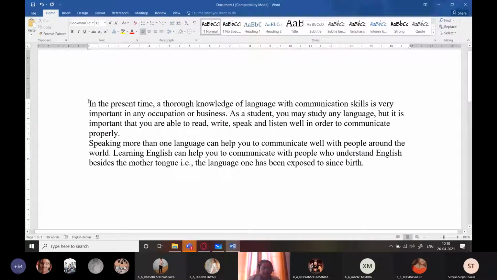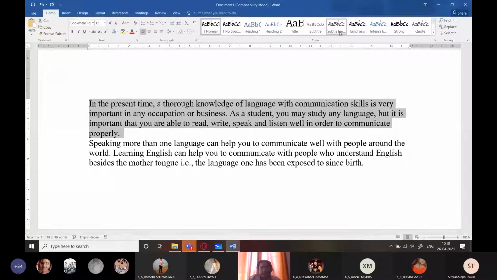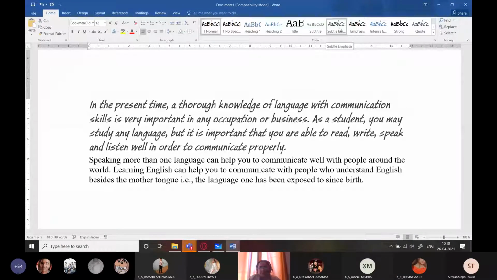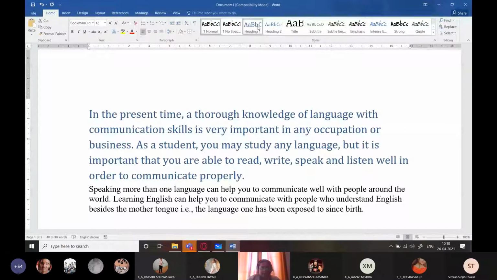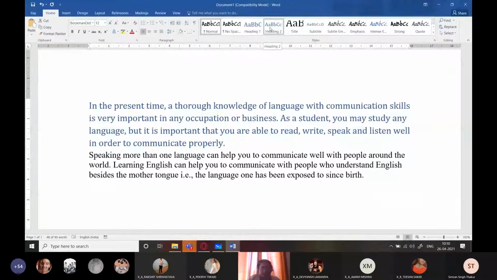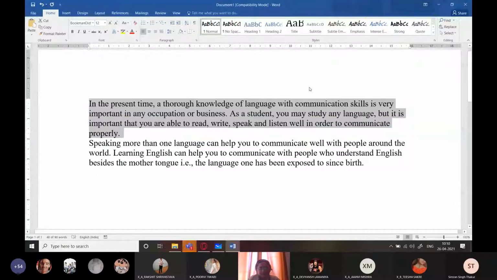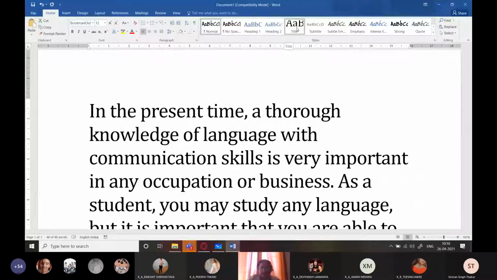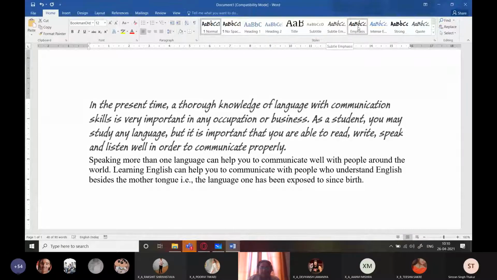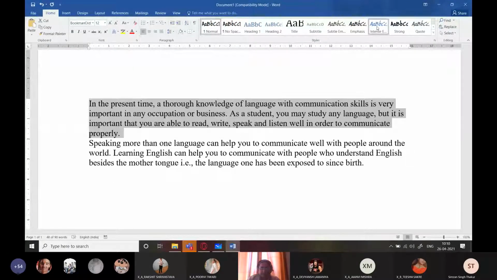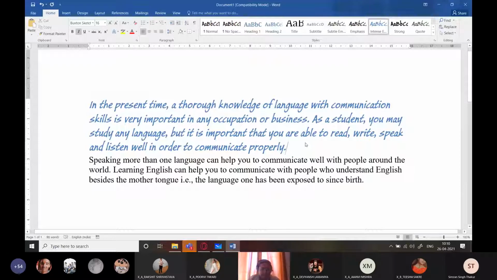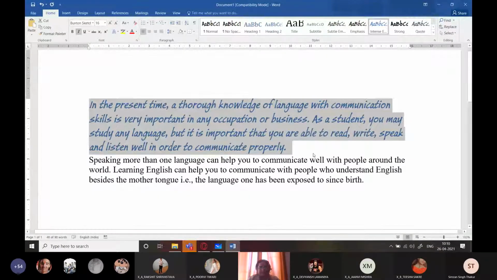Now in MS Word, it is so convenient. You just select a text and just hover your mouse pointer on top of any one of them, and you can see a preview of that style. You remove the pointer, it will again come back to its old style, or if you click it, it is going to get applied. So this is how easy it is in Word.